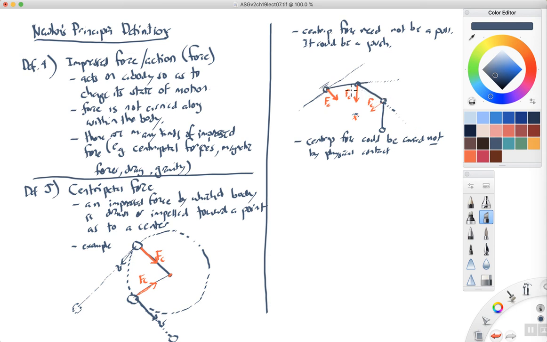But you might imagine you can have centripetal forces that are not caused by contact, like if you have a magnet, let's say a magnet is flying or sliding along the ice, and suddenly you bring a magnet near it and deflect it toward a central point. You don't even need to touch it. You could just have this magnetic force acting on it, and that would be the centripetal force.